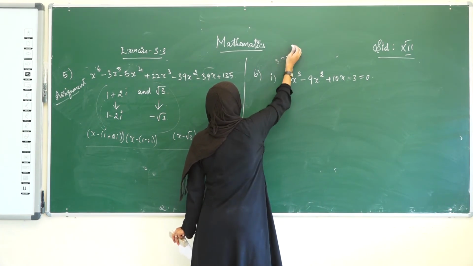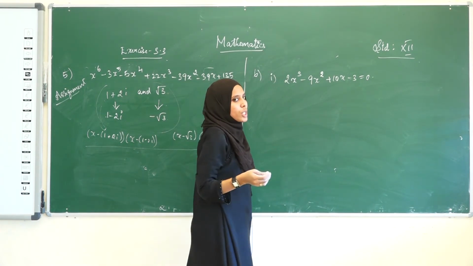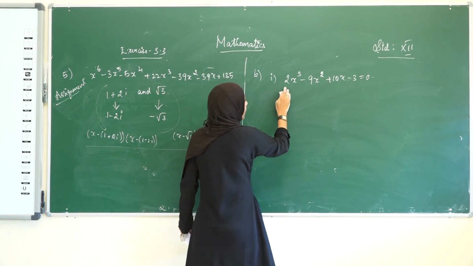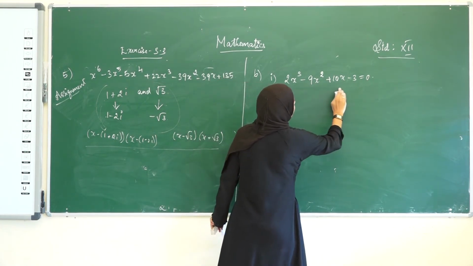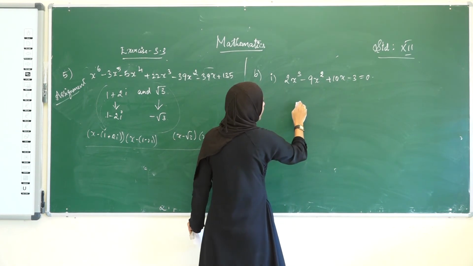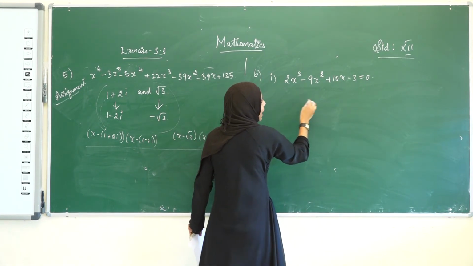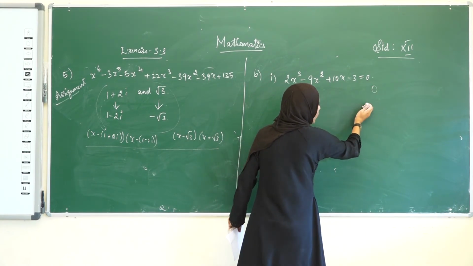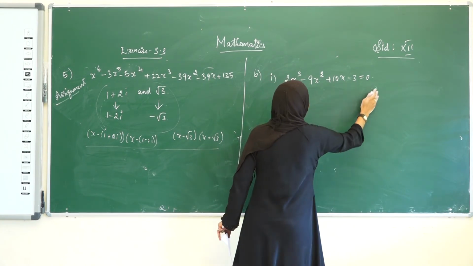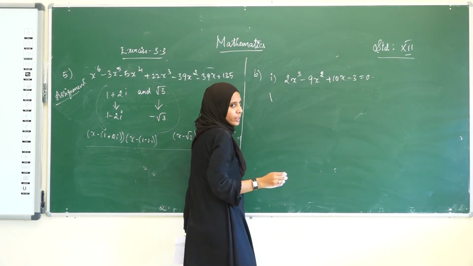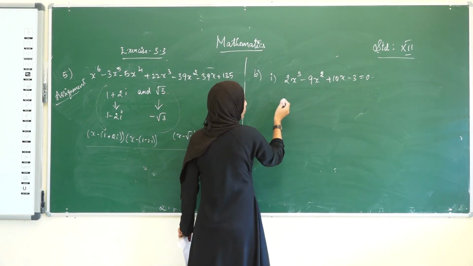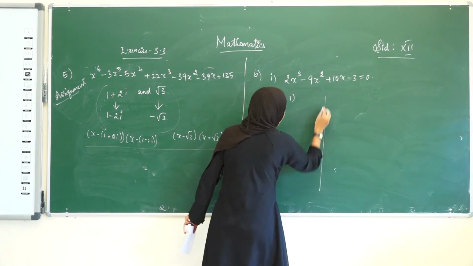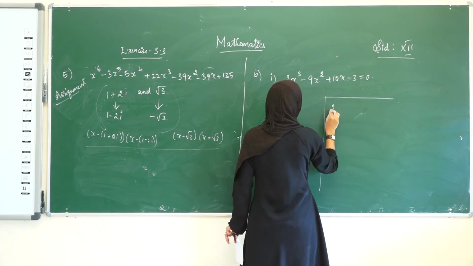We have seen solving equations with extra information, right? See here, when we add all the coefficients, what do we get? The value is 0. When we get this, we can take 1 as one of the roots. We have seen this in the last class. Then if 1 is a root, then x minus 1 will be a factor. So we move on to the long division.